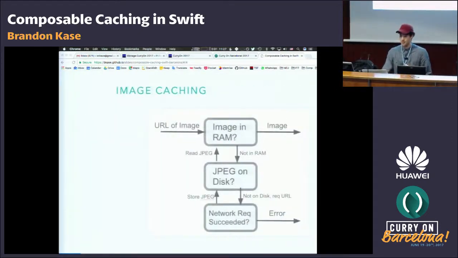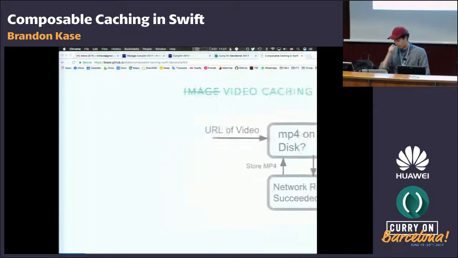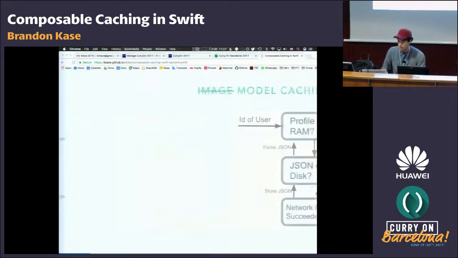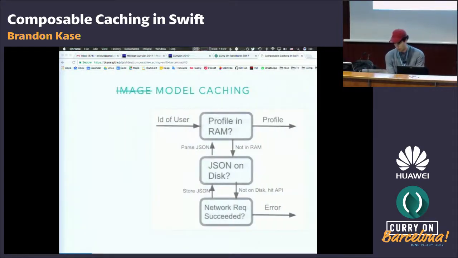Okay, image caching. The URL of an image is the key. We look for a bitmap in RAM, and we look for a JPEG on disk before hitting the network. For video caching, if you're making an iPhone app, for example, the memory layer is handled for you by your framework. So you only need to care about the disk. So in this case, we only have a disk above a network. But even model caching can be thought of in this way. So for this example, we have a user profile, and our key is a user ID. We look up the structured profile data in memory, and we fall back to